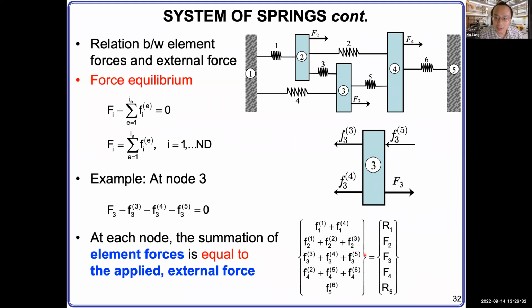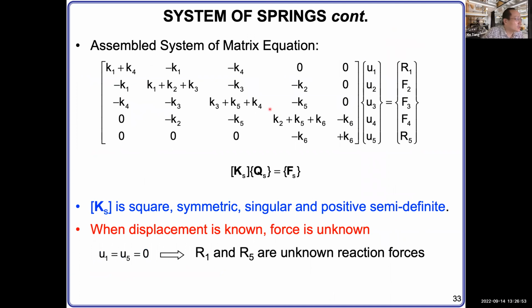It converts the internal condition into the external condition. So when we consider this whole system, you don't need to worry about the internal force anymore. You just worry about what the external force is there, and then add the external force into this column, right? So then our equation changes to this format. We have the K assembled here. This K is called the global structure stiffness matrix. You have this matrix times the displacements of all the nodes, and that equals all the external forces applied to the nodes, right?